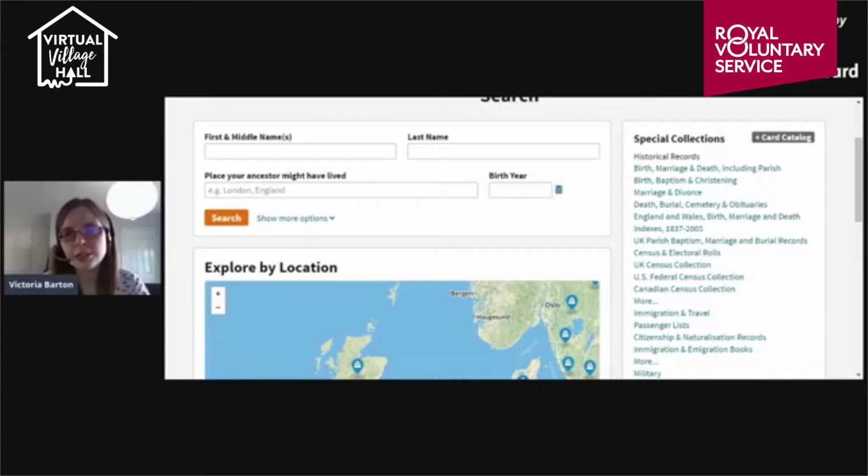So the first thing we need to do is decide what records we'd like to search on Ancestry. Say you were searching your own family tree in this case, it would be a good idea to talk to some surviving family members and see what they know about names and dates, even if they're approximate. That gives you some idea of what records to start searching on that might be likely to yield some results. So we're going to start here by searching the UK census collection,